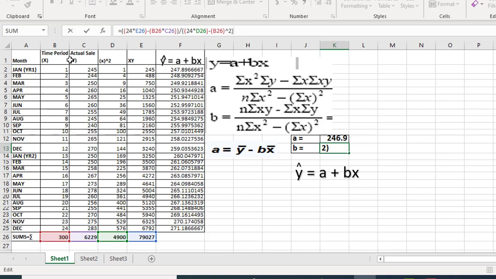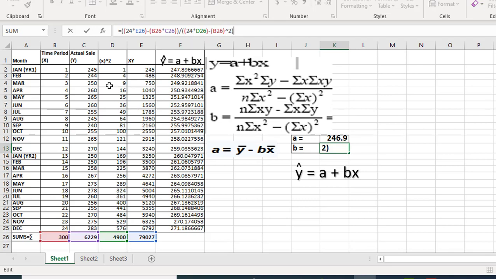So what is summation x? How you will calculate this? Is equal to sum, then you need to sum all the values in the time period, into summation y. You can see B26 is summation x, into summation y, which is C26. So you need to multiply B26 into C26, divided by. Now you need to make sure that all these parentheses are clear. If you do not place these parentheses, specifically these two and these two at the start, then divided by, once again you need to put two parentheses because we want to divide this whole term with this